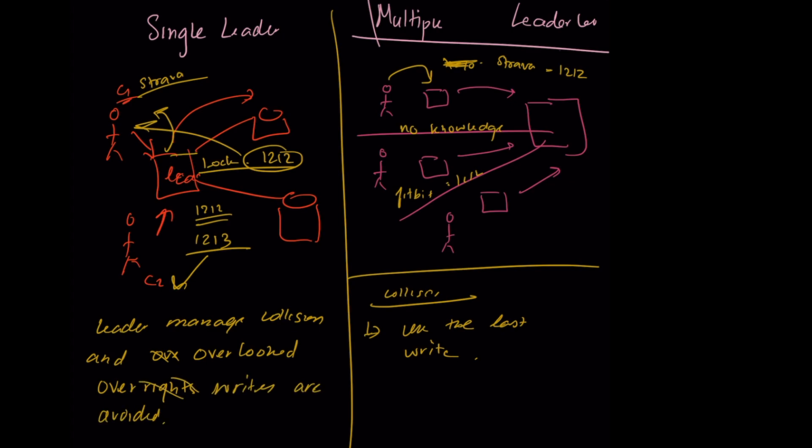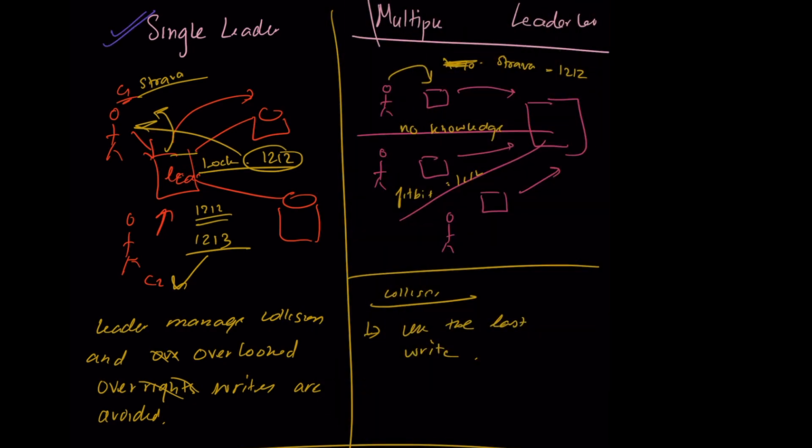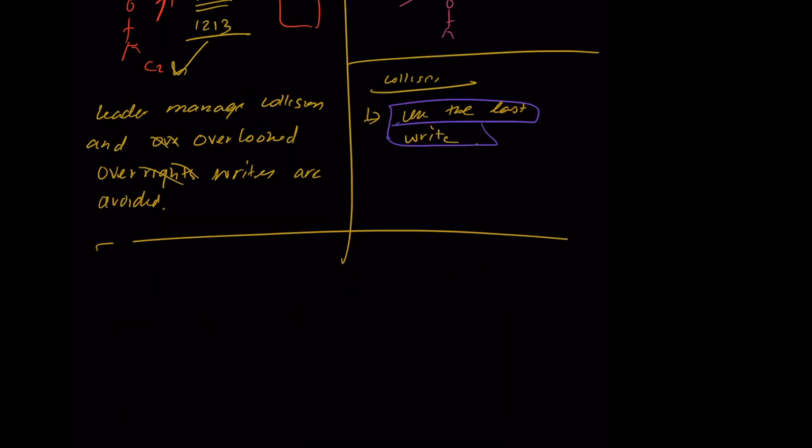So given these two systems, I would personally go for the single leader replication, where I want to avoid two people getting the same small URL but pointing to different things. And in this case, consumer one, when they come back to 1212, instead of seeing Strava, would see Fitbit. So I would prefer using a single leader replication database. In this case, you can use MySQL, and we cannot use things like Cassandra, which has leaderless replication. So we can use a relational database